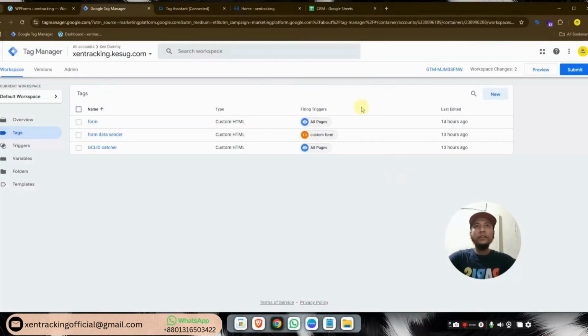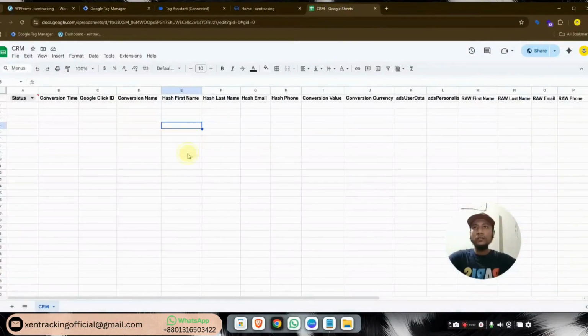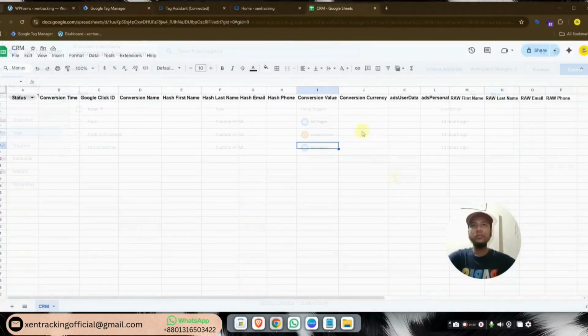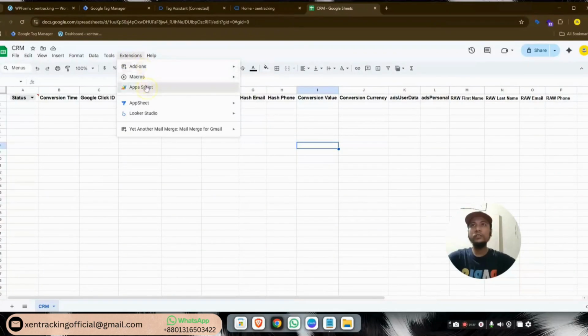Alright, now we need a parent CRM sheet. I've already created a parent CRM sheet to capture all your form field data, and you can use it for enhanced offline Google conversion tracking. Now we will add Apps Script code with this sheet to capture the form field data automatically. So go to extensions, Apps Script,